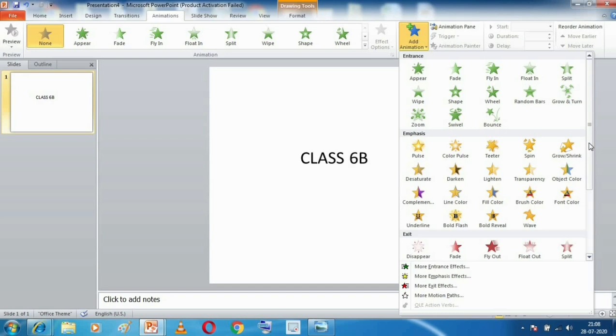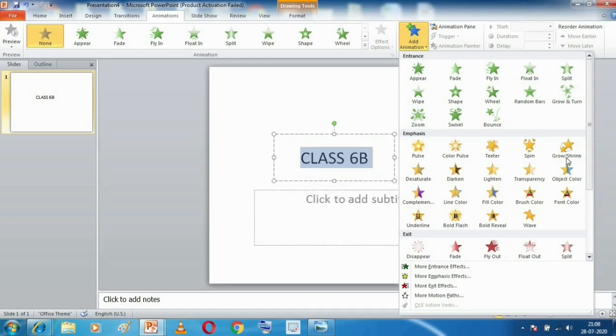How many kinds of animation effects? 4 kinds of animation effects. First is the entrance type of animation effect. We will discuss these animation effects in detail in this particular video only. So first is the entrance type of animation effect, then comes emphasis, which are shown in yellow color.